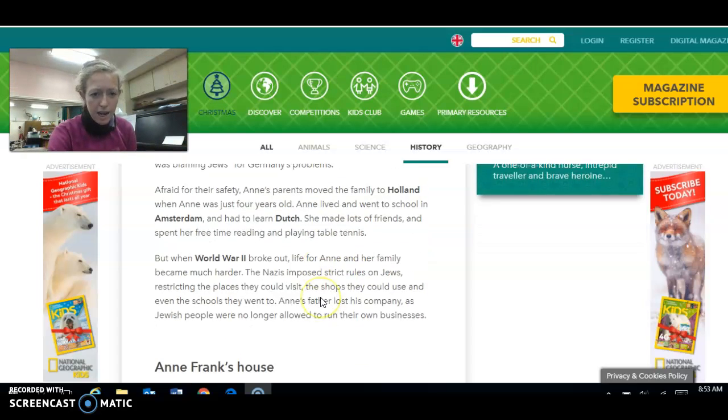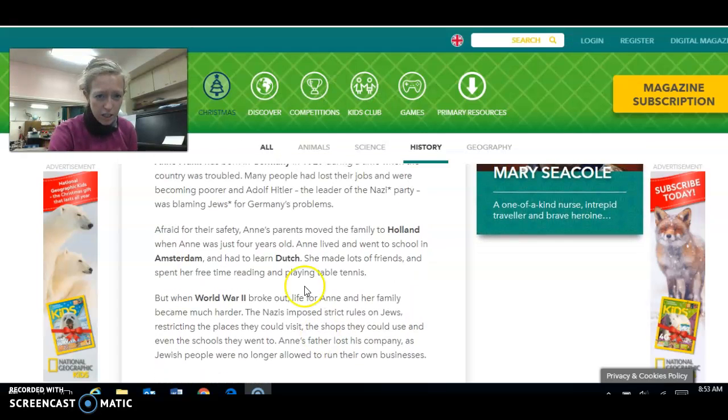Okay, now I'm going to ask the question of why did they move? So we have where she was born. This is going to give us a little bit of a timeline and a nice segue into the historical moments of the time. Now I want to ask, why did her family move from Germany? That springboards off my first question, right? We know she was originally born in Germany, and we see right here they moved to Holland and the city Amsterdam, right? So I'm going to ask,